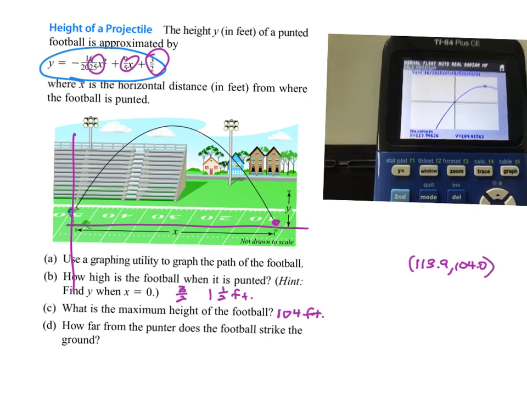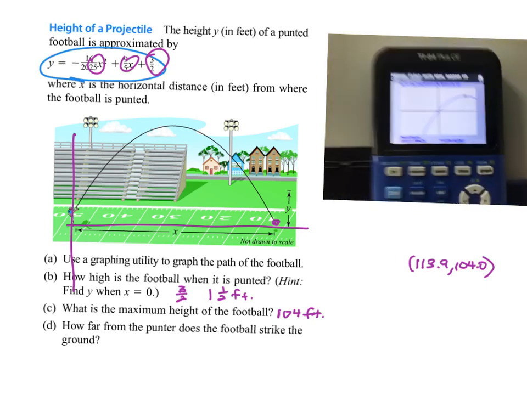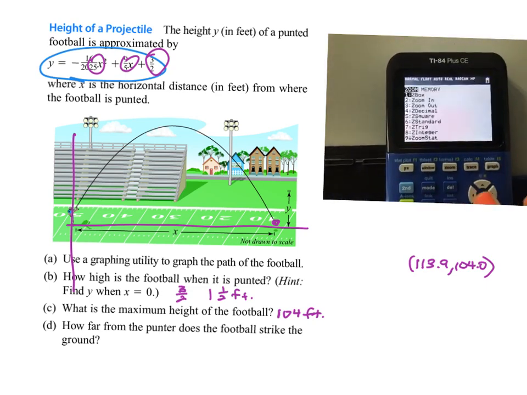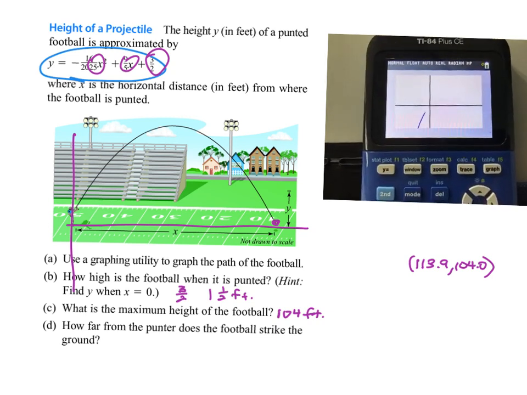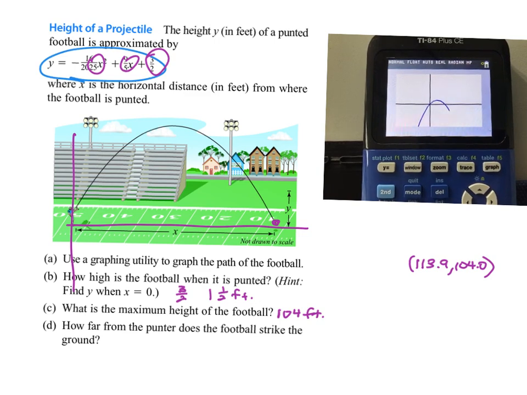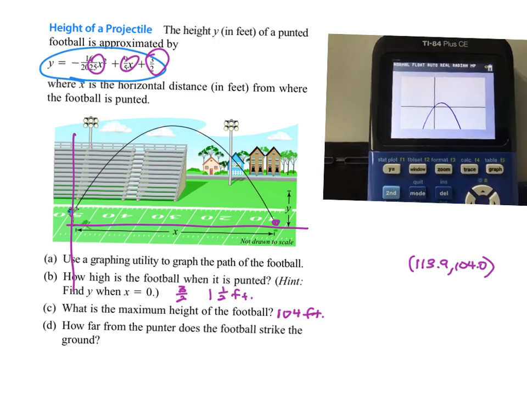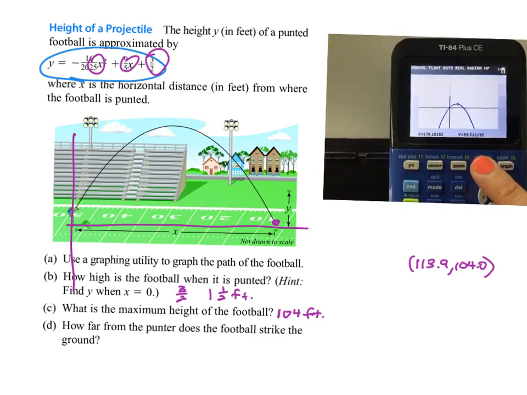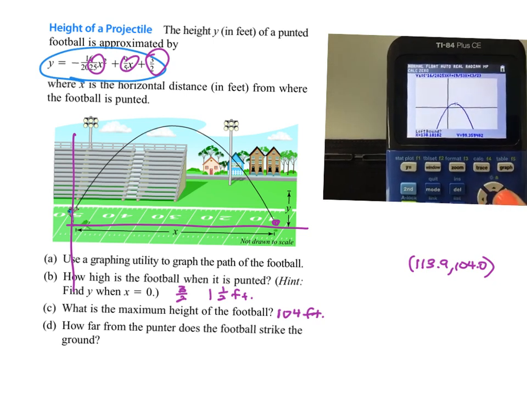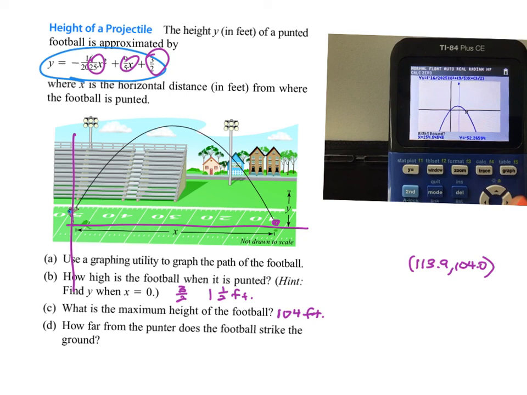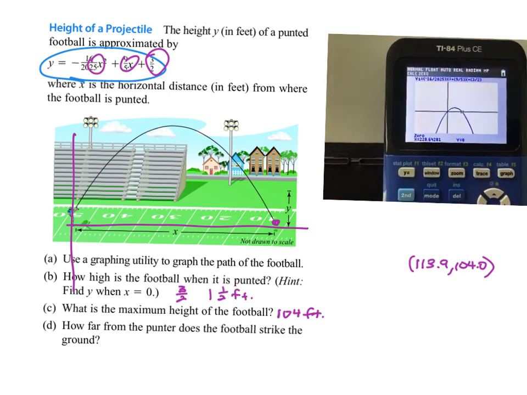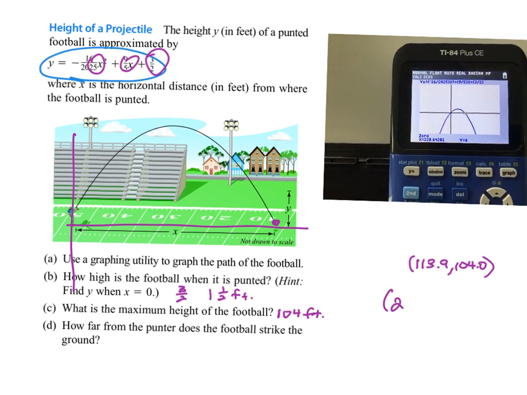Does that make sense? I'm not on my graph right now, which means I got to zoom out yet again. And it gets teeny tiny. And then I got to find that point. So I go second, trace, I go to 0. I'm left of it already, hit enter. Right of it, and I know I go right of it because my y becomes negative. And then guess, and it's going to bring you to the 0, which is